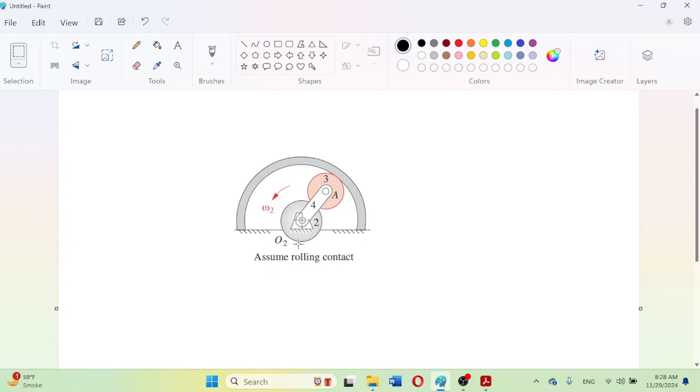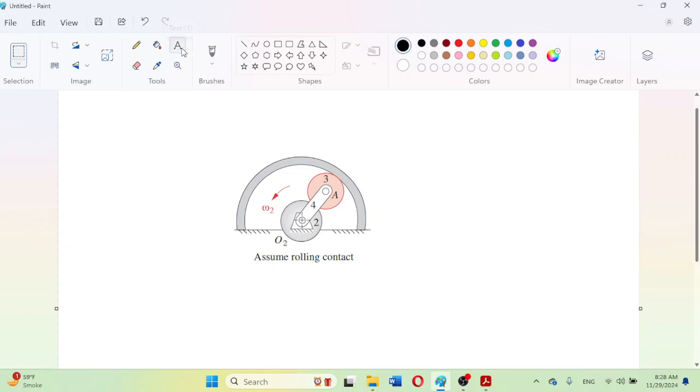So n is equal to 3, and 3 into 3 minus 1 is 3 into 2, that will be equal to 6, and r is 2, so 6 divided by 2. So that means there will be 3 instant centers between the ground, link number 2 and link number 4, the binary link, and